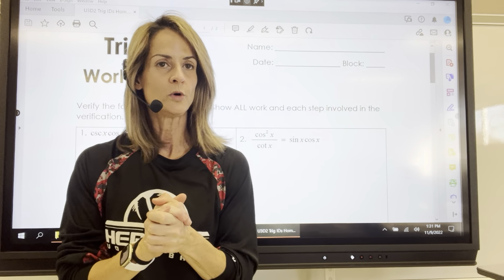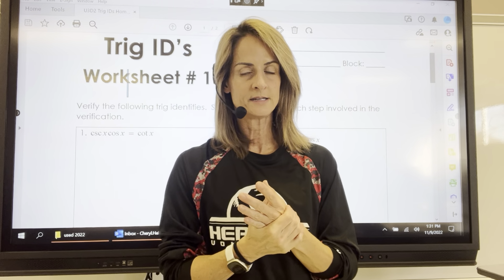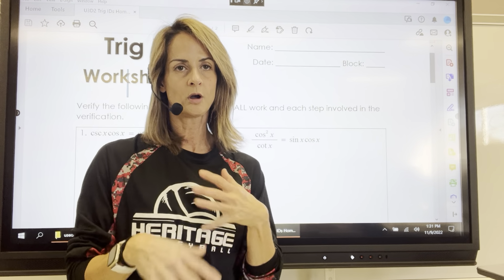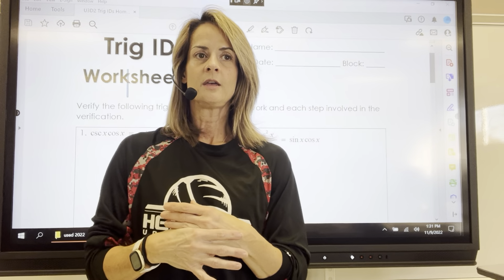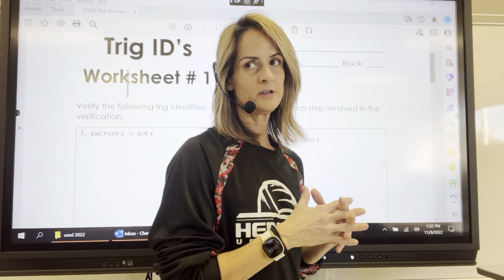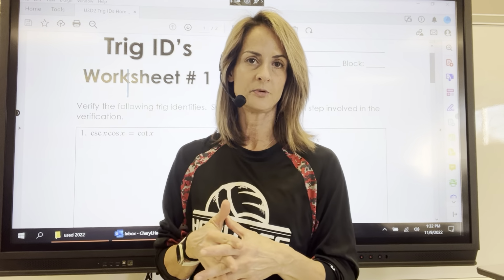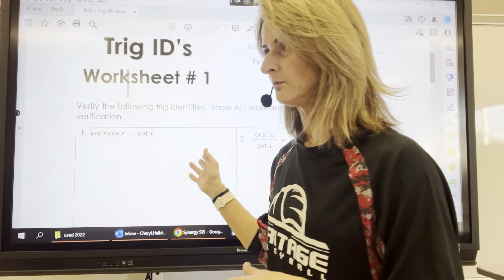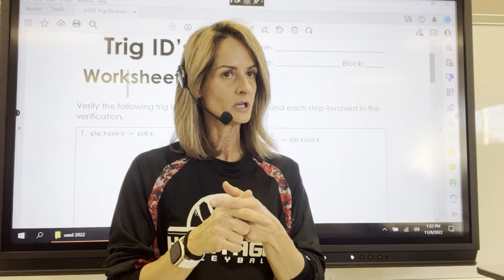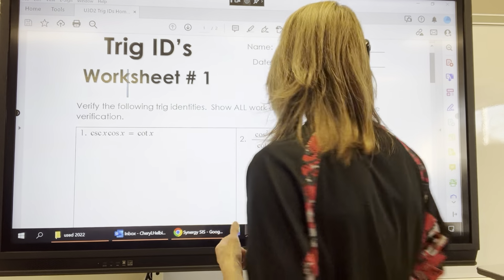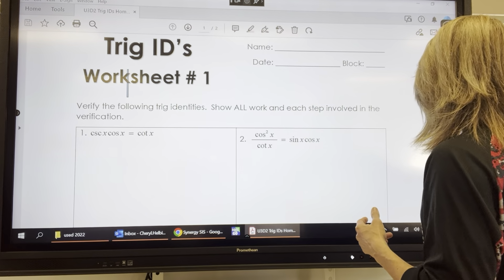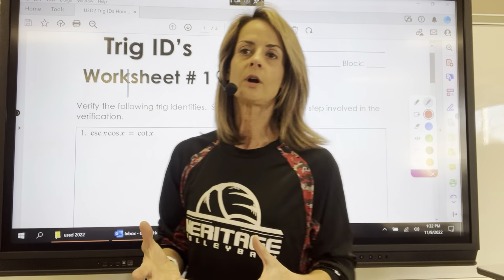Okay. Anyway, welcome. We're going to be working on some very basic trig identities. Next class, we will be working on some more complicated ones. So these are normally very difficult every year for students, and they do take a lot of practice, and there's a lot of practice on this worksheet, which hopefully I will remember to attach. And we're going to do some of the problems today. And how these work is,